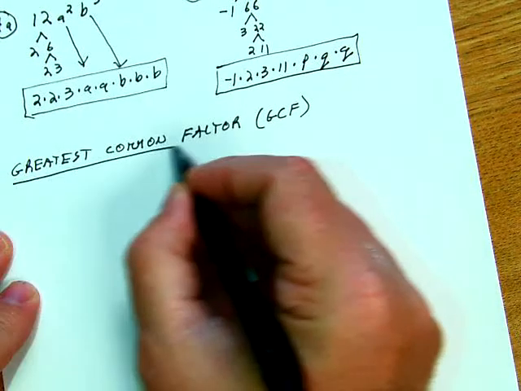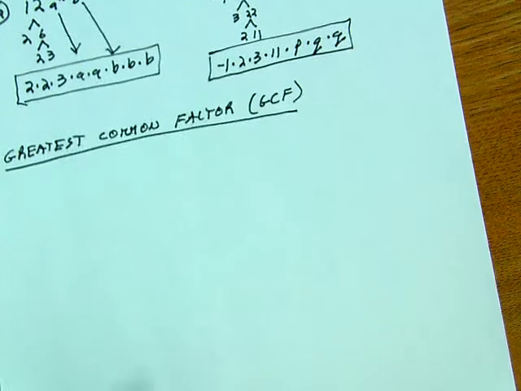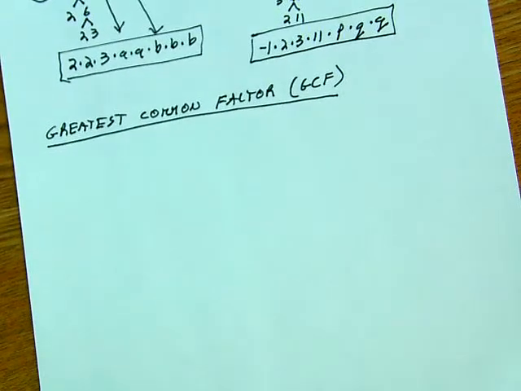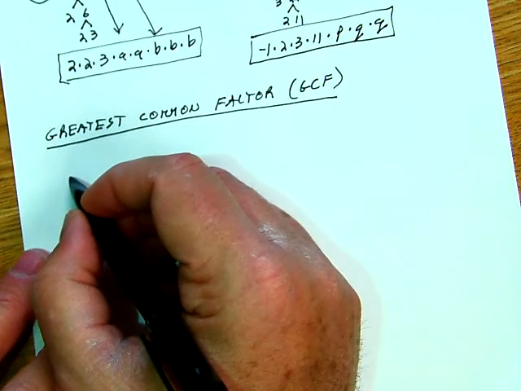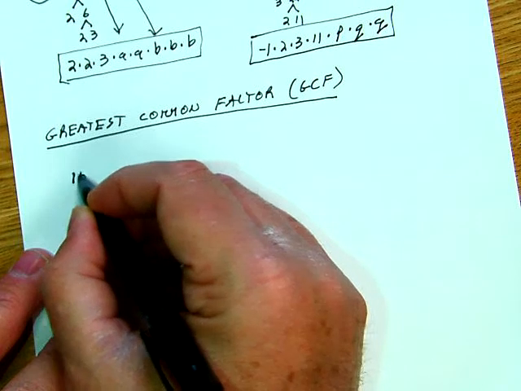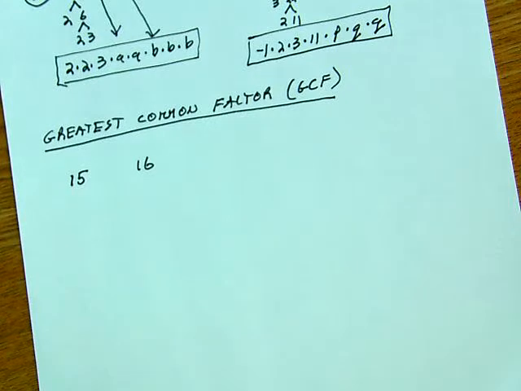Well, it's the greatest number that can be divided into two numbers evenly. Okay, so let's say I start with two numbers, let's say 15 and 16. Okay, what is the biggest number that is common between both of them? Well, let's not